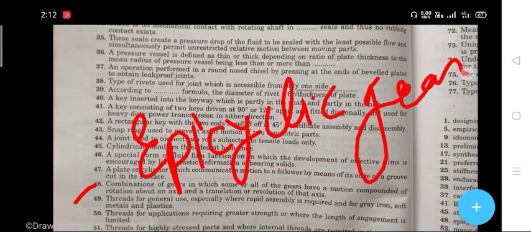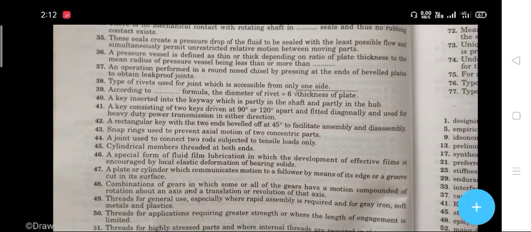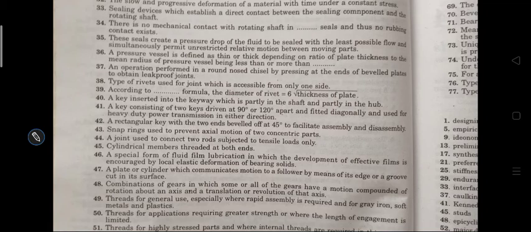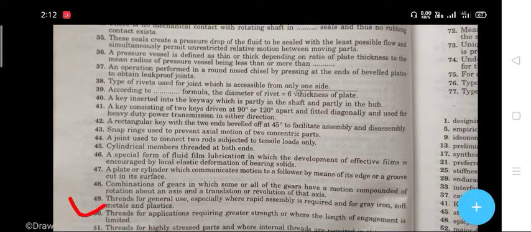gear trains. The next question, question 49 is that threads for general use, especially where rapid assembly is required and for gray iron, soft metals and plastic. The right answer is coarse series thread. Next question. Question number 50 is that threads are for application requiring greater strength or where the length of